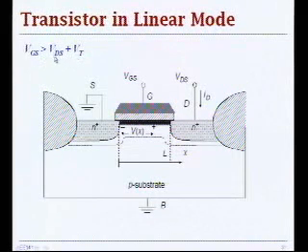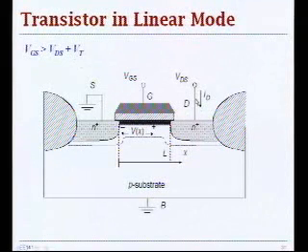This also implies that your transistor is turned on because VDS is positive in this case for the NMOS, so you have VGS is greater than VT. So you have overdrive on the VGS, you have VGS minus VT, which is your VGT, that's the